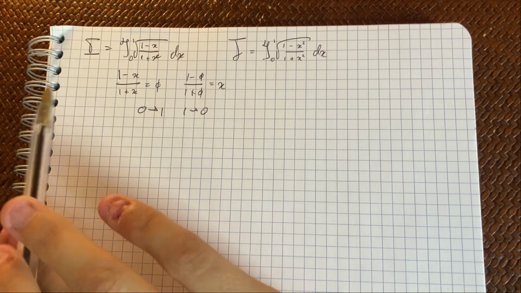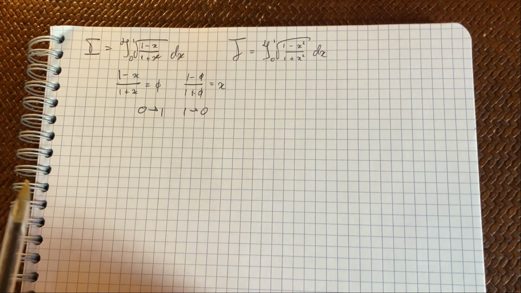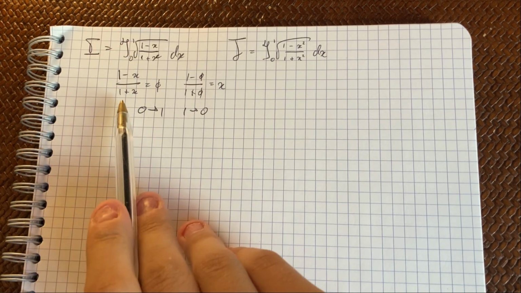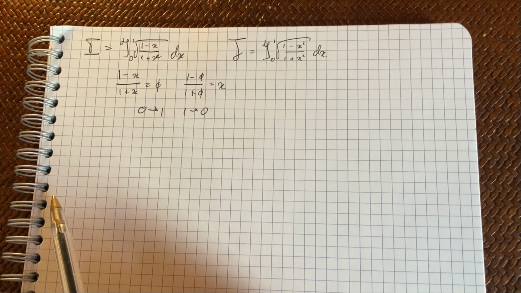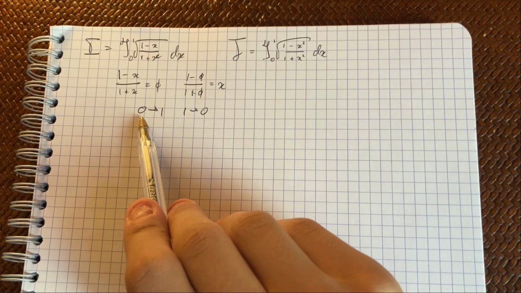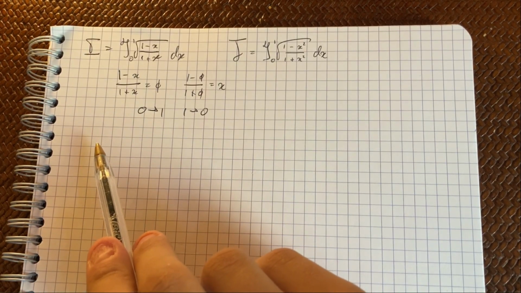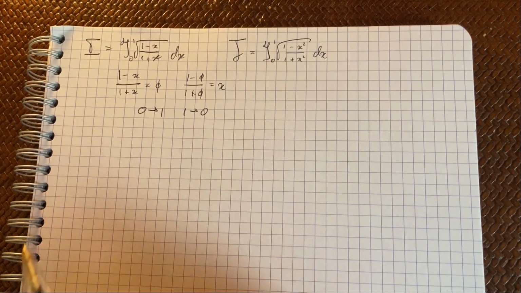And if, for example, we had other boundaries like negative 1/2 and 1/2, we would not be able to do this substitution because, once we did it, we get the square root of phi divided by (1 plus phi) squared, which is not very useful to integrate if you don't have the perfect boundaries. So it works in this case, but it is not very useful in general if you want to evaluate other integrals, and